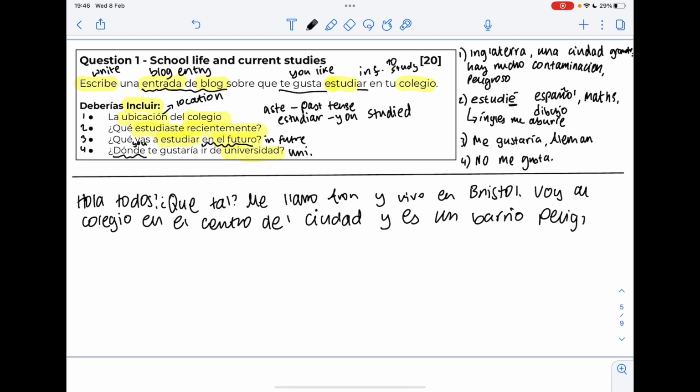Peligroso. So, peligroso. What else can I say about my city? I'm going to use a bit of a Fabi phrase here. So, I'm going to say,